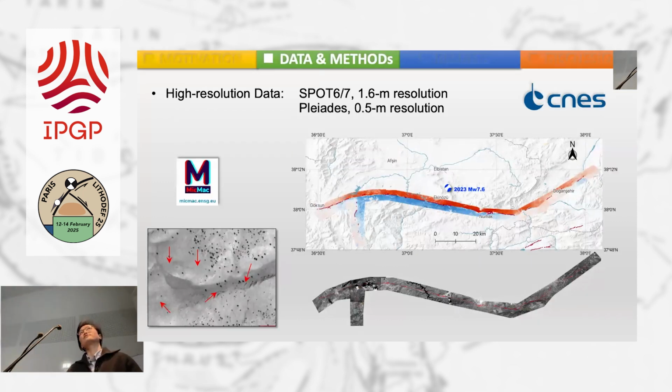Thanks to CNES, during the last year, we continually got high resolution images, including SPOT images with a resolution of 1.6 meters and Pleiades images with a resolution of 1.5 meters. With these images, we use the optical image correlation method to process them to acquire the high resolution displacement map. The key to this method is to rectify these images